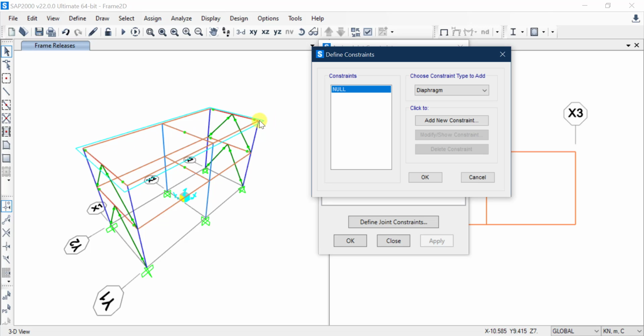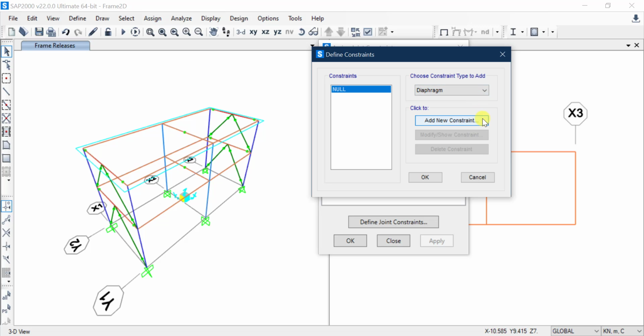So this means when one point is going to move or displace, the whole thing will behave as a rigid diaphragm, and all of them are going to move rigidly together. They are connected rigidly together. So if you want to simulate that, then you add a diaphragm